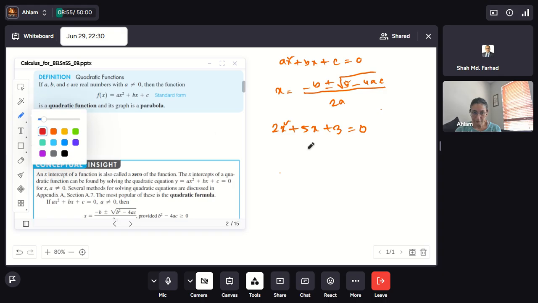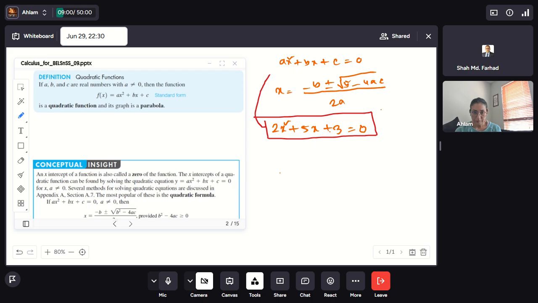That means if we compare this equation with the general form of a quadratic equation, then the coefficient of x squared is a, right? And here the coefficient of x squared is 2, so we can write a equals 2. And then the coefficient of x is b, and here it is 5, so we can write b equals 5. And then the constant term c equals 3. Okay, so if we just put these